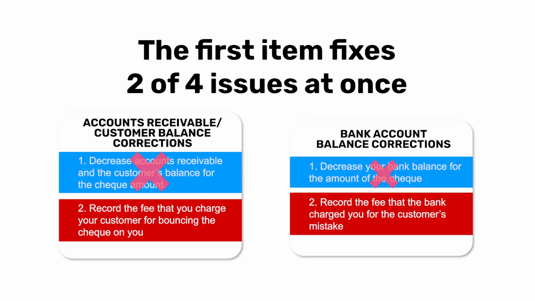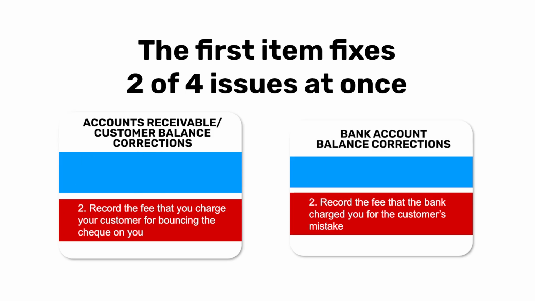And now that we corrected for 2 out of the 4 things that need to be fixed, we now have to record the fee that the bank charged us. And of course, that's very simple to do. Now in this case, we use the expense window, and the amount of this expense is $30 in this example. And we will put the same number the bank put,